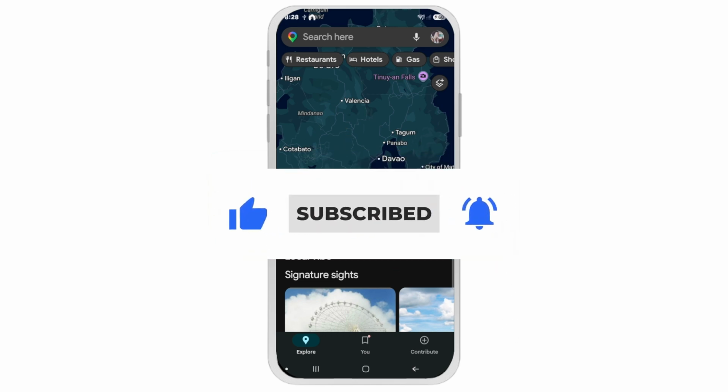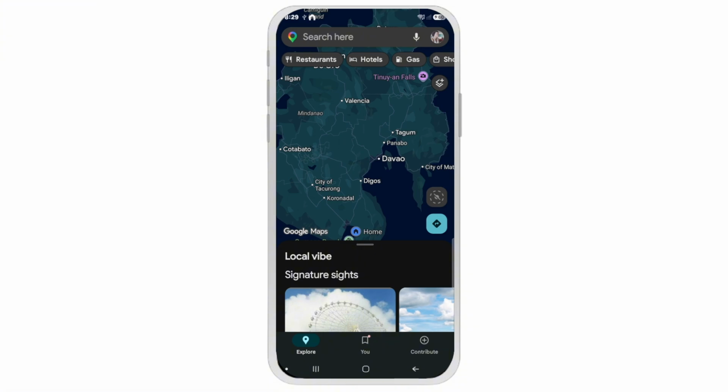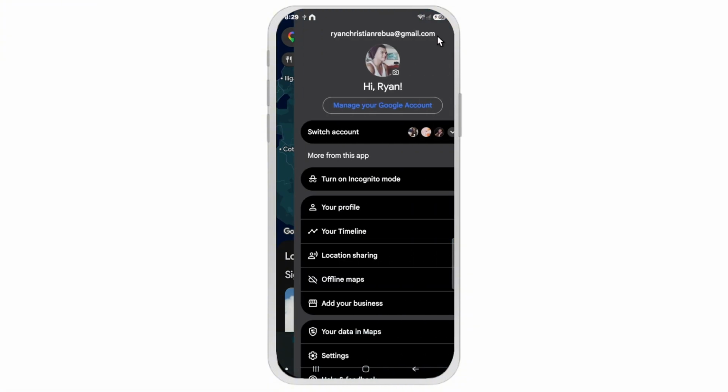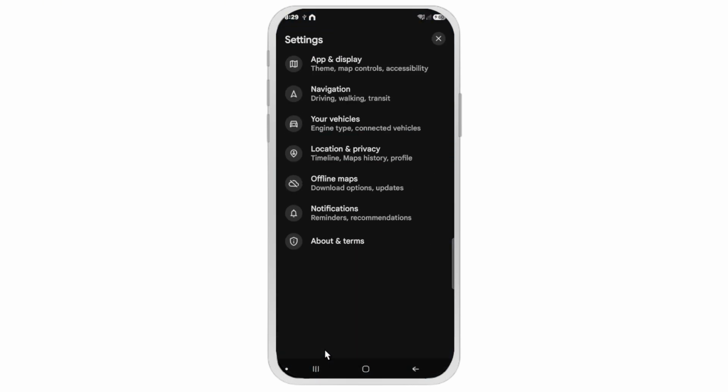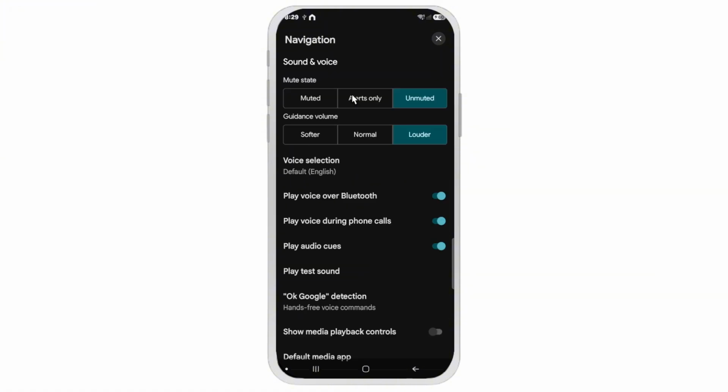Now, first up, let's go ahead and check our Google Maps. Open it up. Now tap on your profile at the very top. And then just go over to settings right here. Wait for it to load. Once it loads, find navigation settings. Tap on it. And then make sure under mute state in guidance volume is set to unmuted and